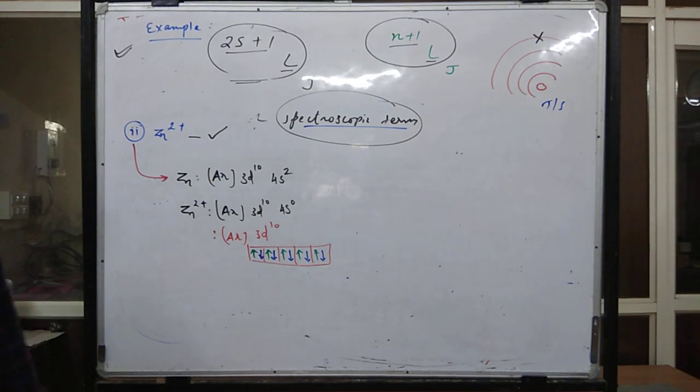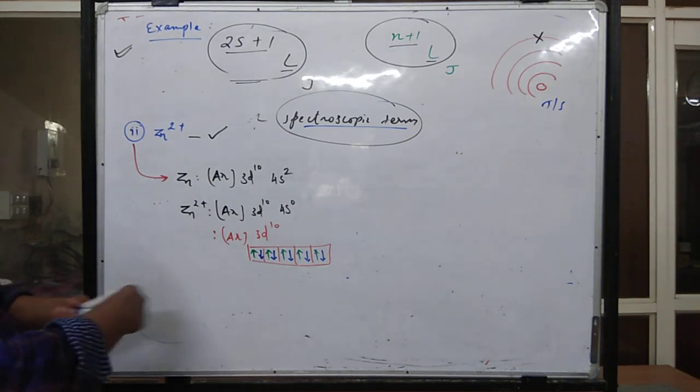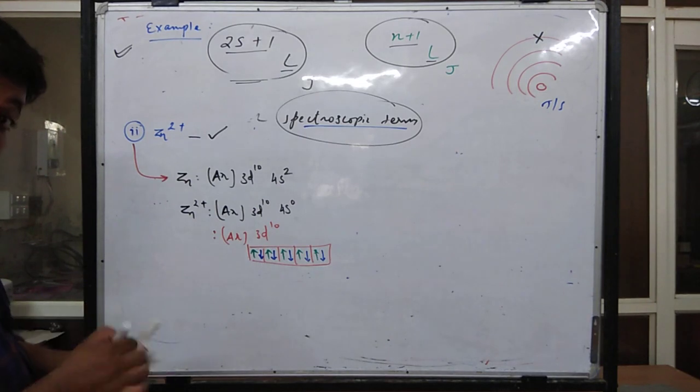So in all there are 10 electrons, and we are quite aware of the values